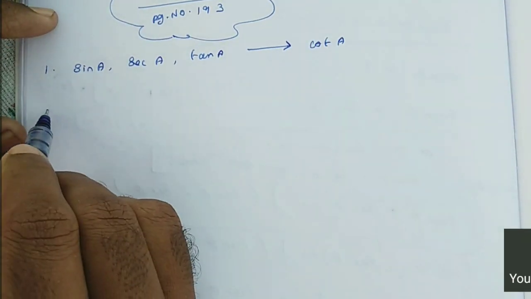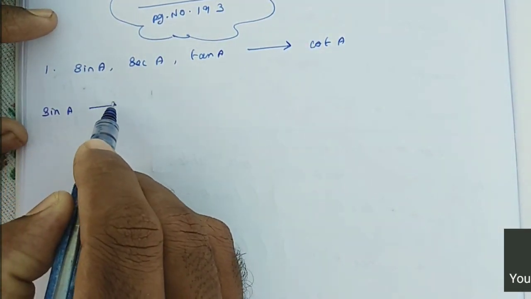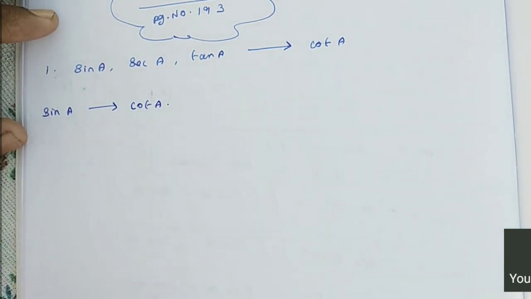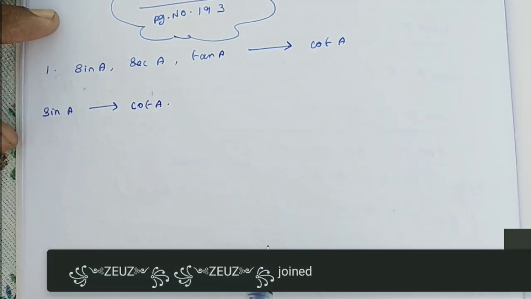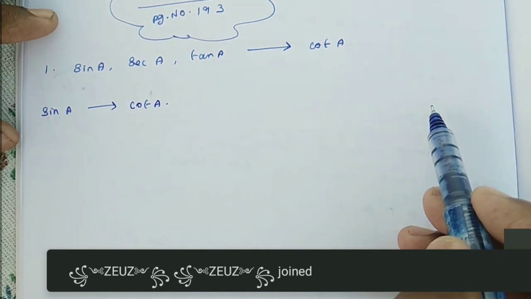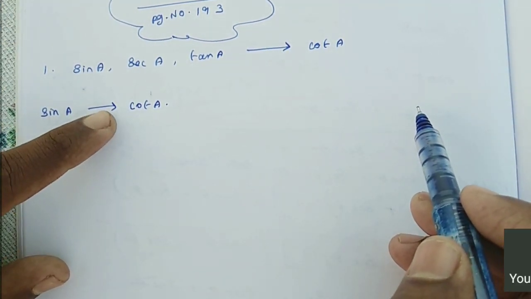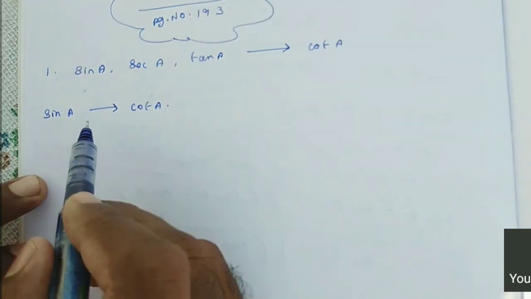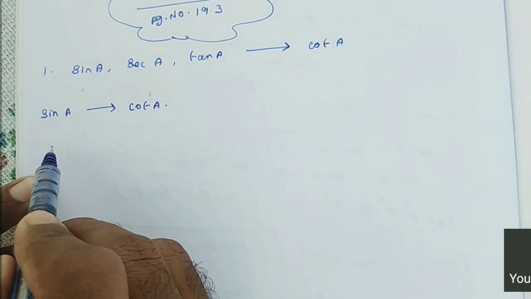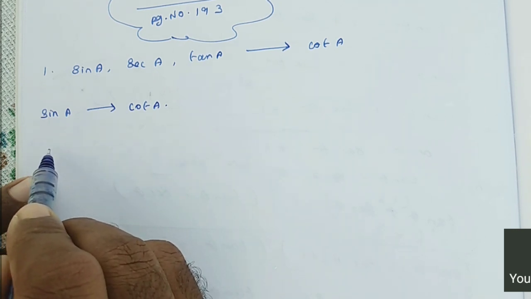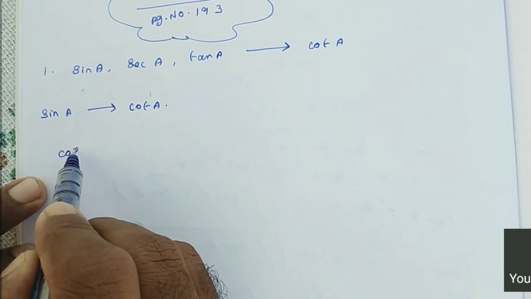Okay. First we can convert. We can write sin A in terms of cot A. Now you can tell me how we will convert. Listen. When we are converting, the reciprocal is not possible because it is a cot. So it is not possible for the reciprocal. So the only relation between these two, we can use it. We can use a trigonometric identity.